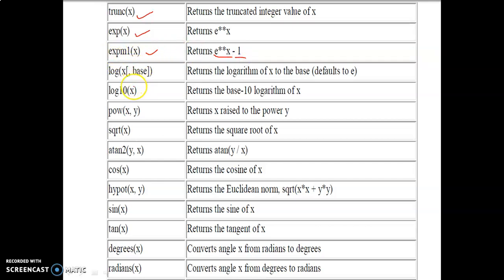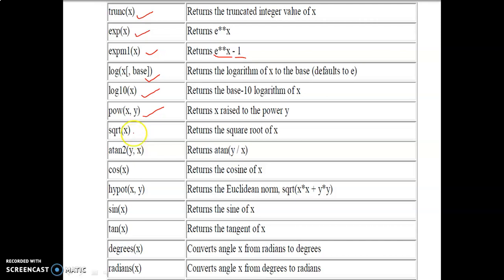The e power x value is subtracted by 1. And next one is log of x. It returns the logarithm value of x. Log10 of x gives us the log of x value with base 10. And pow of x comma y returns us x power y.